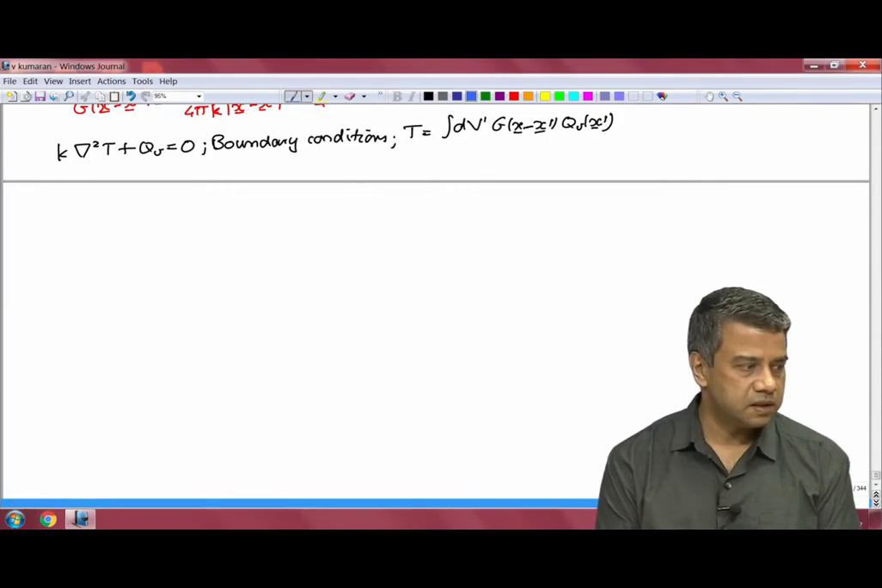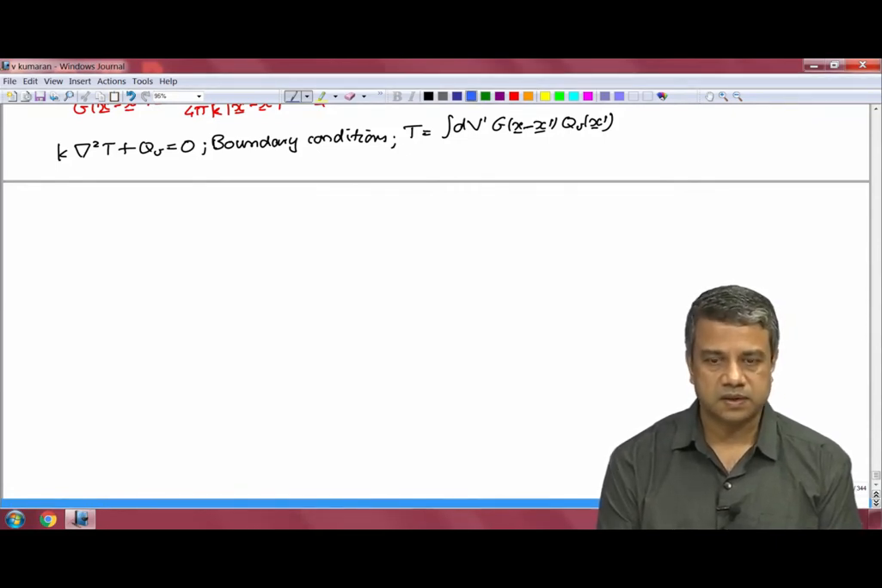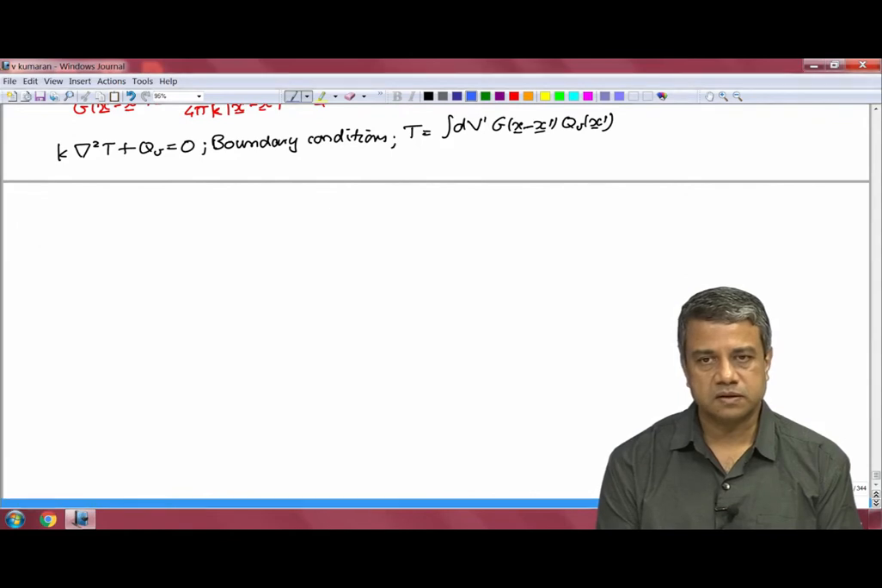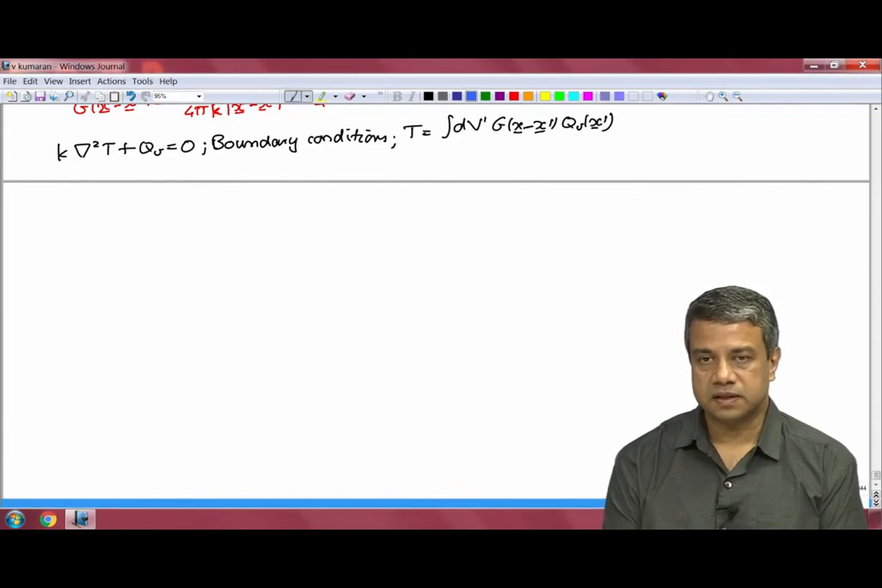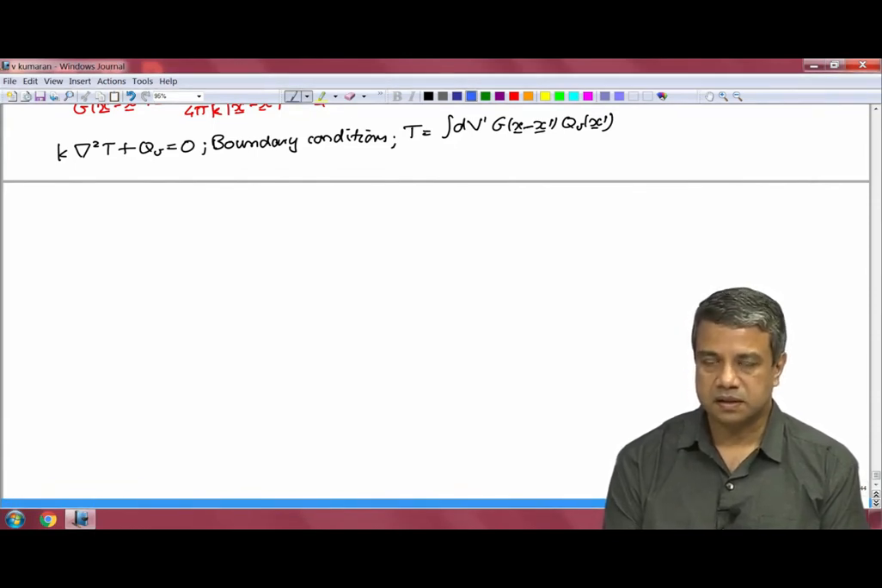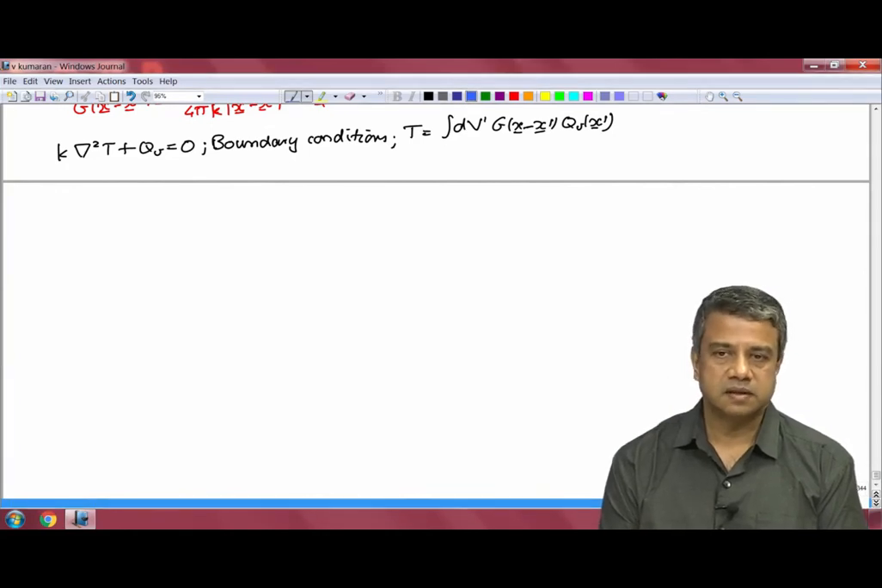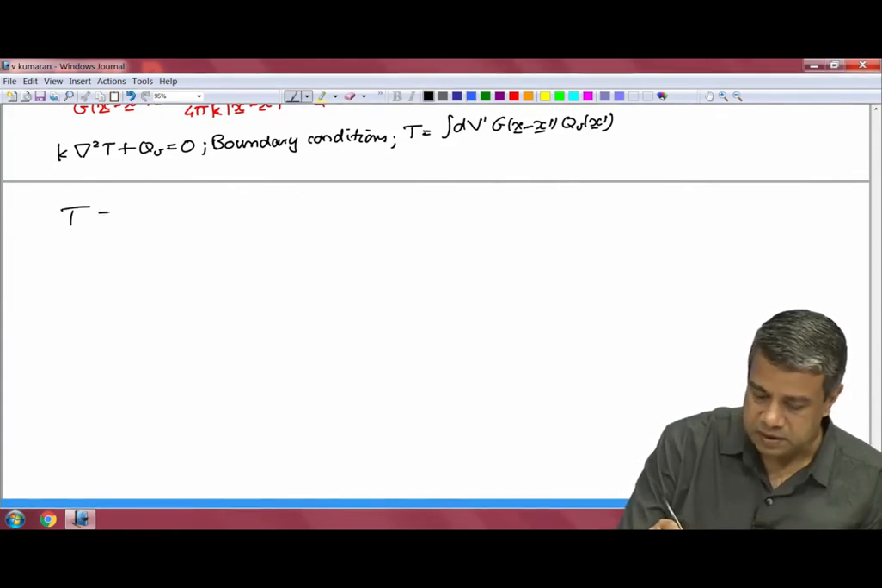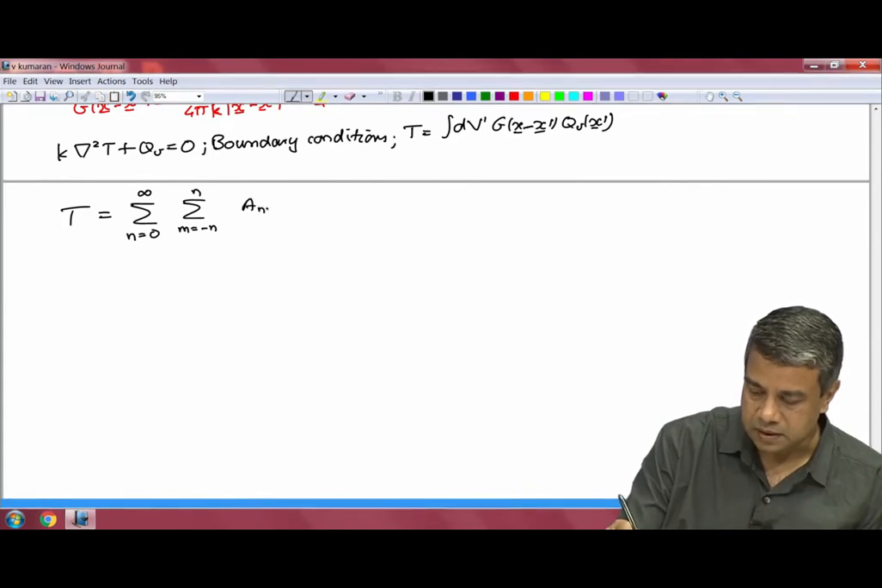So, with this we complete our discussion of the diffusion equation. We had started off by separation of variables solutions for Cartesian coordinate systems, and then a separation of variables solution for a spherical coordinate system. The separation of variables solution in a spherical coordinate system has multiple interpretations. One is just the separation of variables procedure, which gives you a temperature of the kind T is equal to sigma n is equal to 0 to infinity, sigma m is equal to minus n to n, a n m